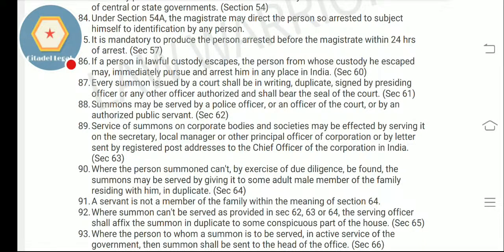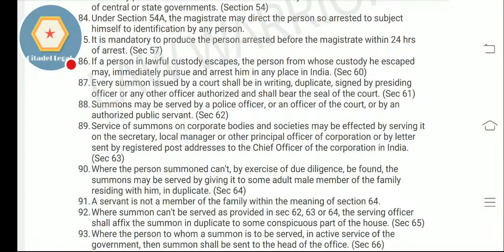Now 63: service of summons on corporate bodies and societies may be effected by serving it on the secretary, local manager or other principal officer of the corporation, or by letter sent by registered post addressed to the chief officer of the corporation in India. That has been provided in section 63. So